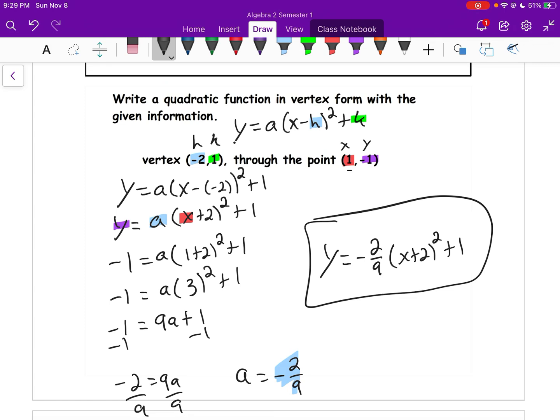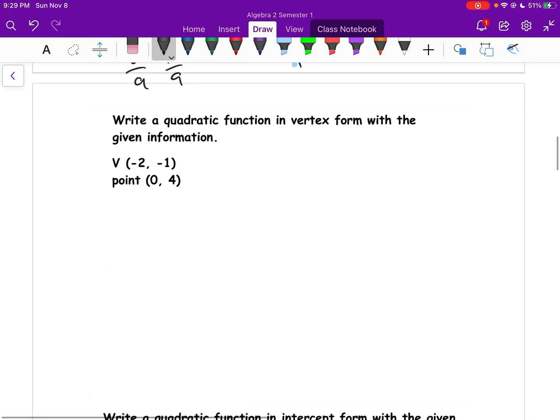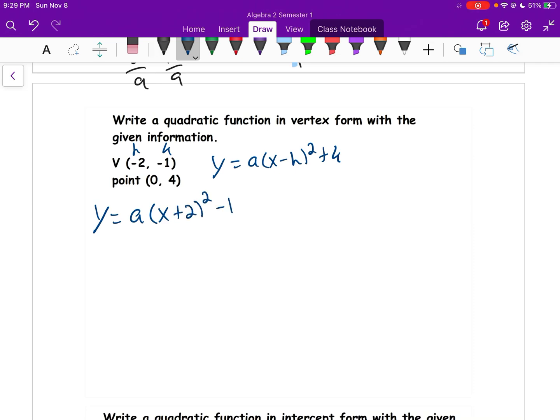So again, our goal on these is to write a quadratic function in the given form. So in this one, it was vertex form. So if I have you write something in vertex form, we need the vertex and another point. All right, we'll do another example of that. So vertex form, again, y is equal to a times x minus h squared plus k. Here's h, there's k. So y is equal to a times x minus negative 2, so x plus 2 squared minus 1. Plugging in that x and y value, we get 4 is equal to a times 0 plus 2